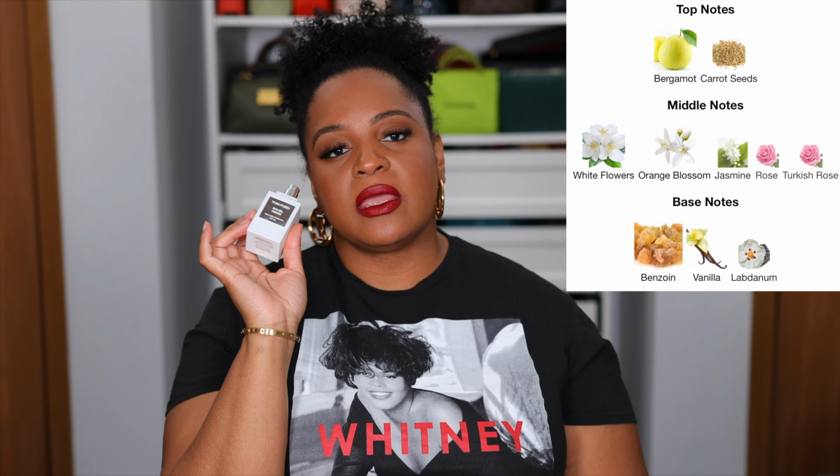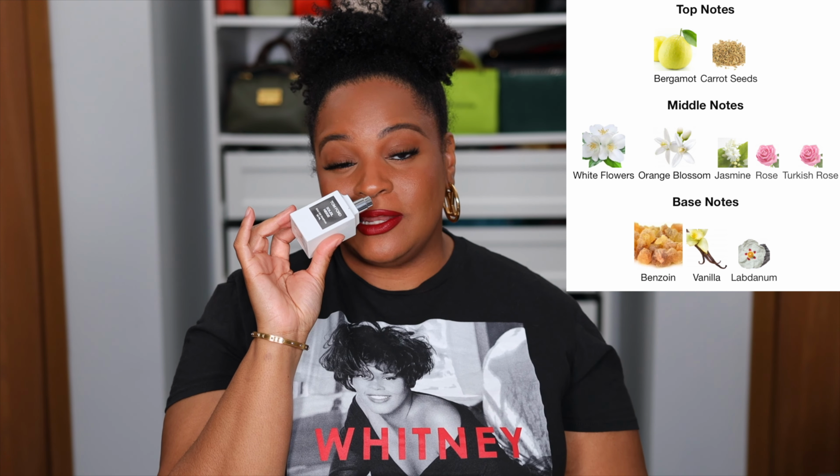To me, this smells like a candied lime encapsulated in a piece of craft ice. Ooh, it's got that bergamot in it and just sweetness. The first day I wore this, I got a compliment from a coworker, and she was just like, who sprayed something? Like, something smells really good over here. And I was like, that's me. And so yeah, this one I 100% fell in love with. Besides Lost Cherry, which I can't find right now, Soleil Neige, ooh, she was just like, wow,